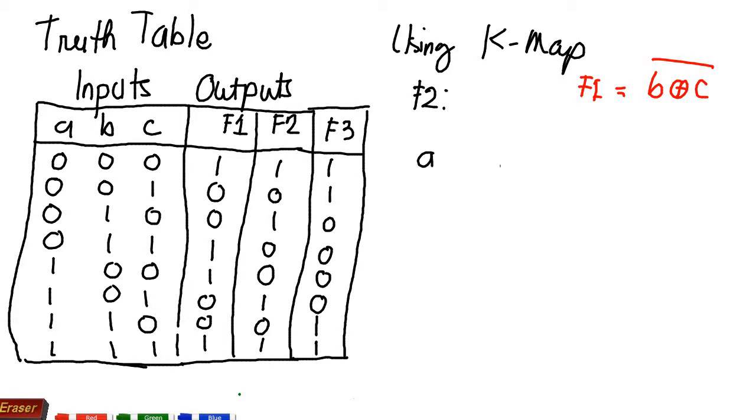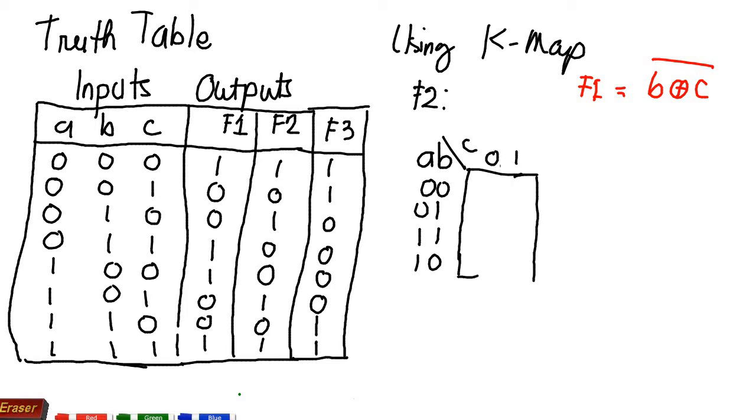Again, you have a K-map table here, A and C. So you have 0, 0, 0, 1, 1, 1, 1, 0. On the other side, you have 0 and 1. Next, we're going to find out the